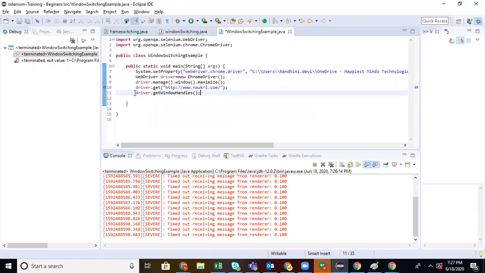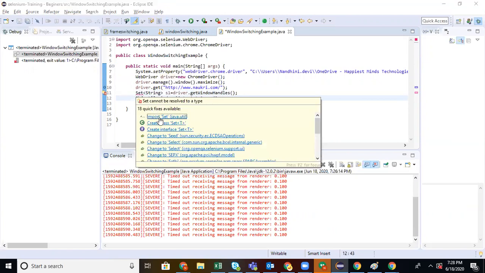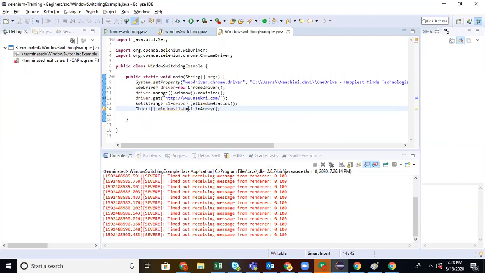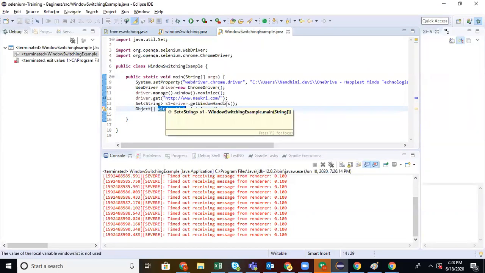Okay, so this is the first. Let's put it in the proper box first, and then we can transfer it into the other box. So first the set of strings, then I'm going to convert it into an array. How will I convert it into an array? It is like this: an object array with any name, equal to the set converted with toArray.